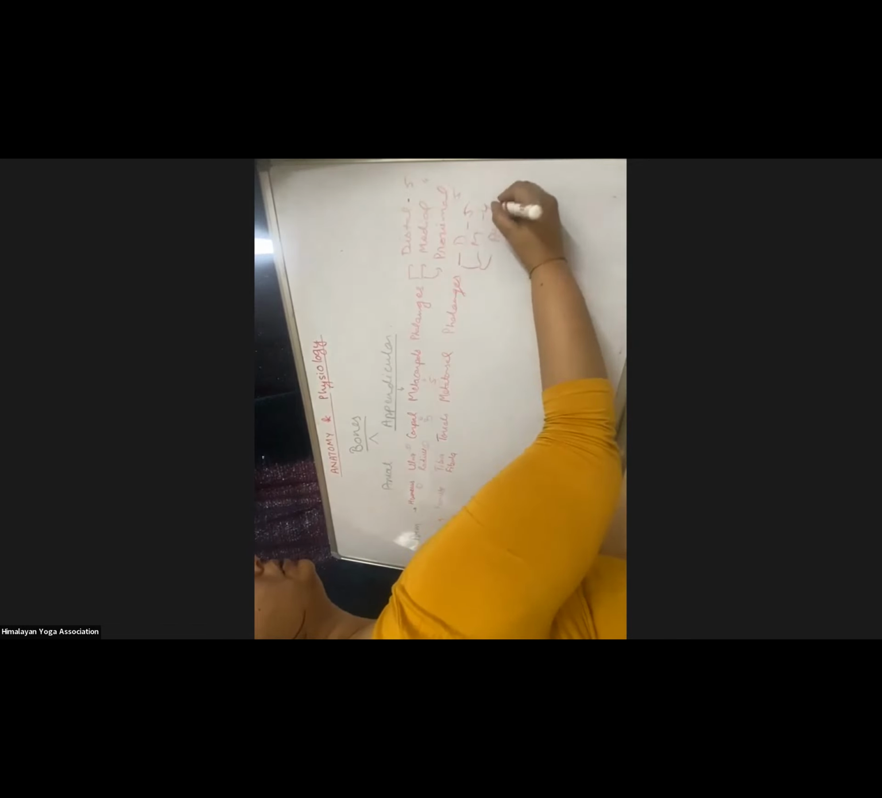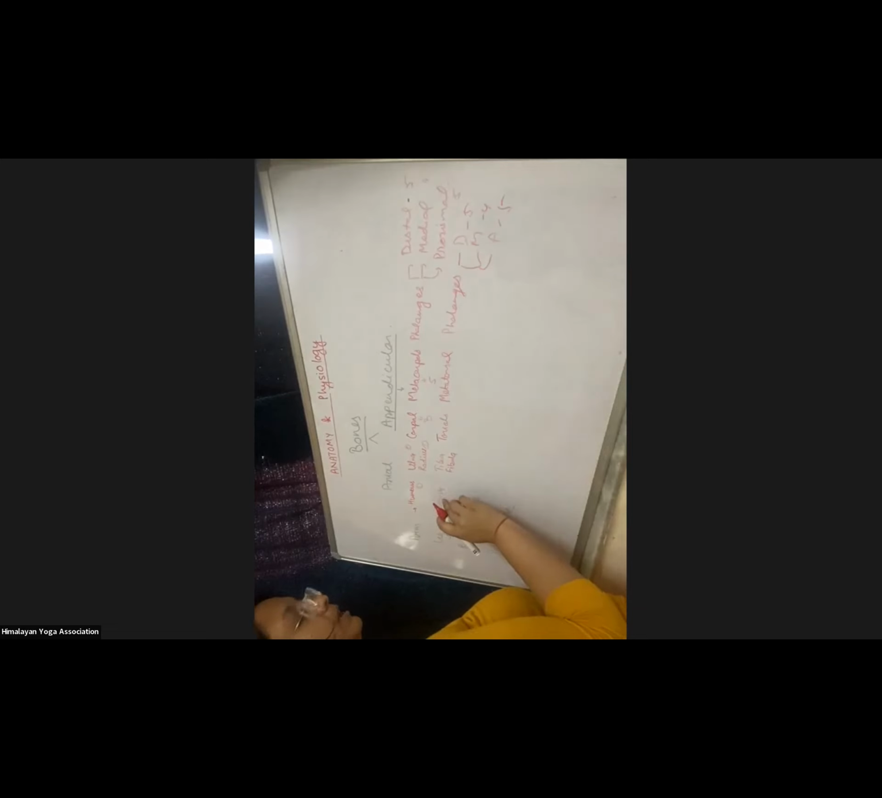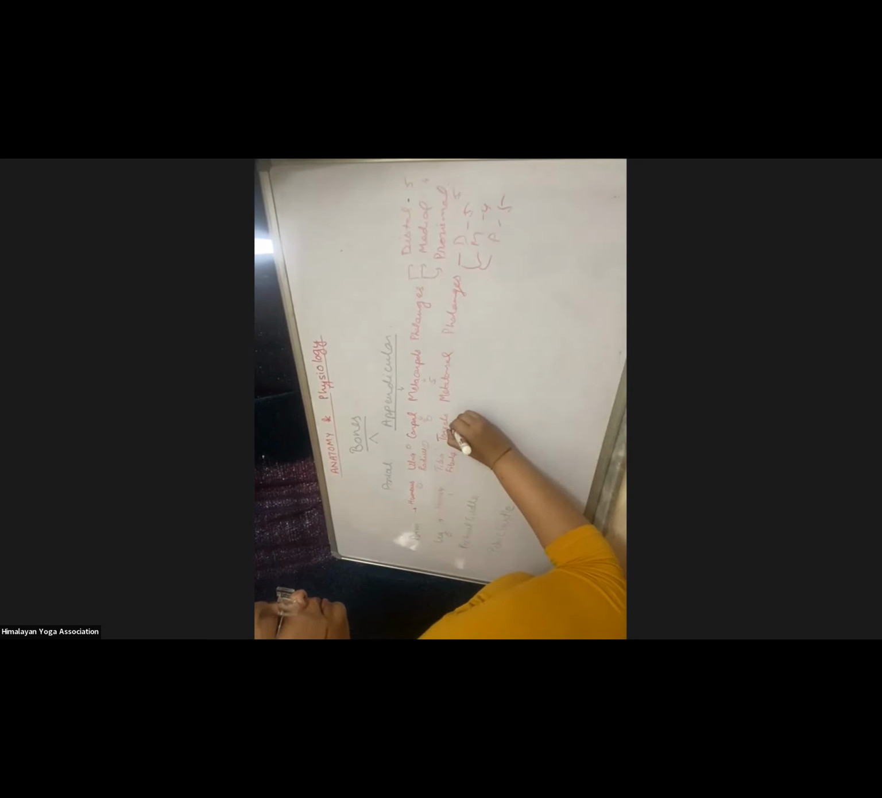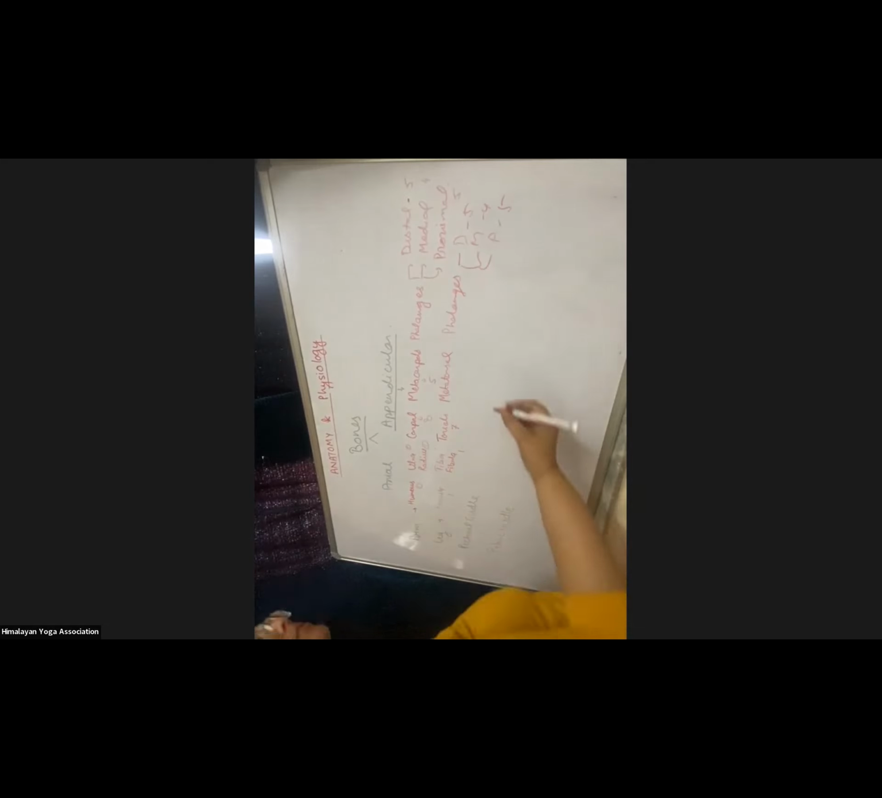5, 4, 5. How many femur bones do we have in one leg, I'm saying? 1. Tibia, 1. Fibula, 1. Tarsals, 7. Metatarsals? 5. And this phalanges. Okay. Then we have